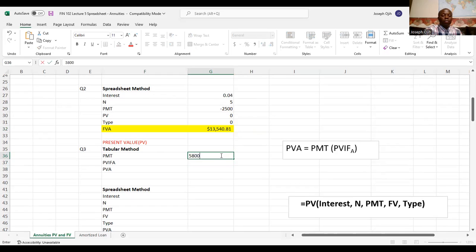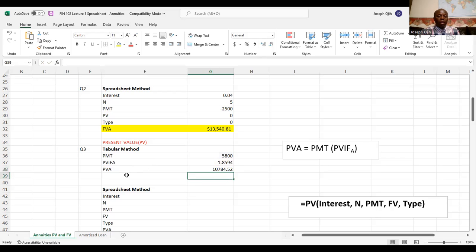Okay. 5,800, and the present value interest factor for annuity is 1.8594. So the formula is: multiply the payment times the present value interest factor for annuity. 5,800 times, in Excel you use the cell reference, times this. That gives you the result: